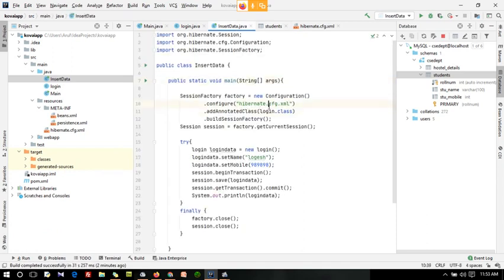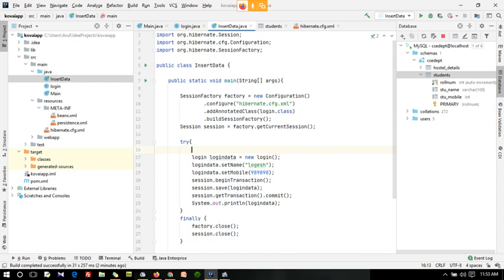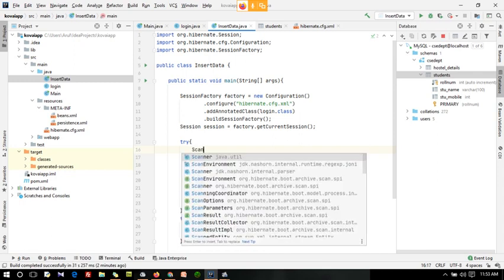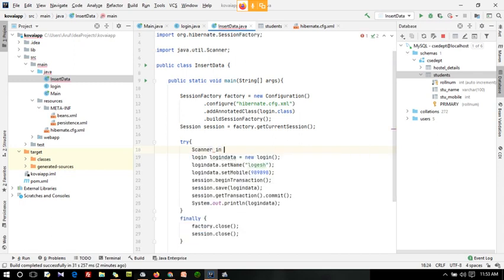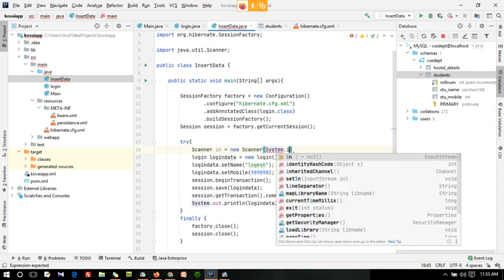Any doubt on this? Guys, any doubt up to this? And another thing, at runtime, if you want to get the input, it is also possible using the Scanner in Java. You can create Scanner in equal to new Scanner(System.in).